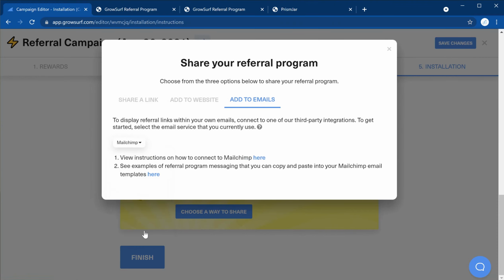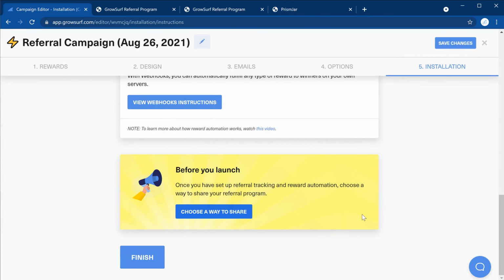Once you've selected your email service provider, you'll need to connect, and to do so, you'll click on the service-specific instructions here, which contains a tutorial for the setup process. There's also another hyperlink here to view the various examples of HTML snippets that you can copy and paste in your email templates. Once you've chosen your ways to share, you're all set and ready to finish and publish your